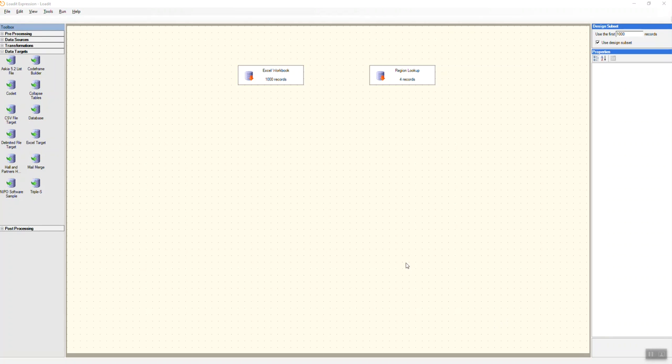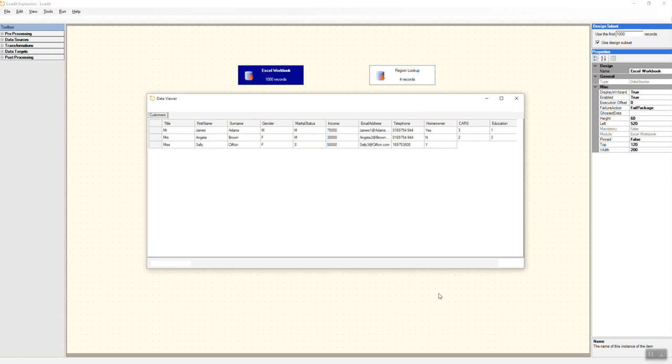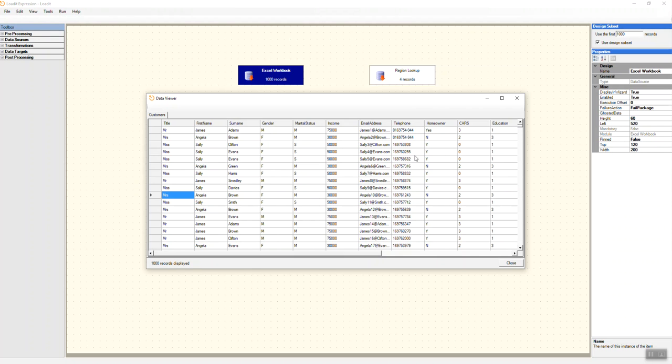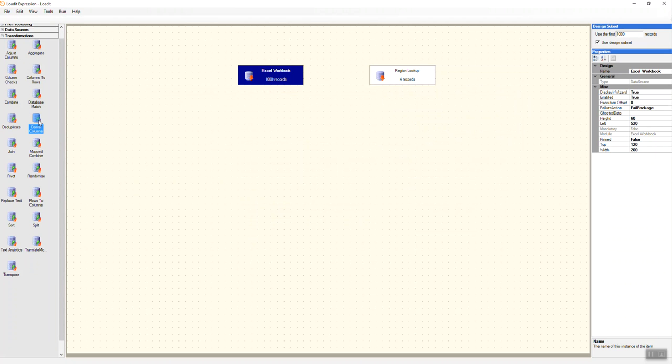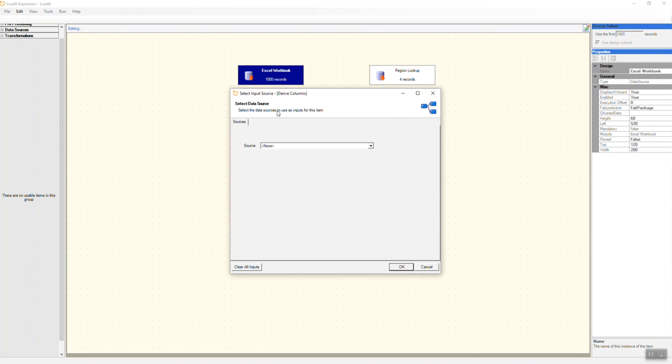Hi, so in this video we're going to take a look at the use of expressions within Loadit. So we've got some data here which just contains some customer records, and probably the first place that you're going to encounter expressions within Loadit is within the Derived Columns module. So if I just add one of those in here,